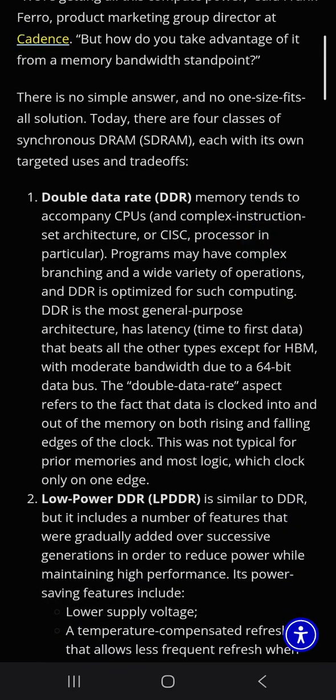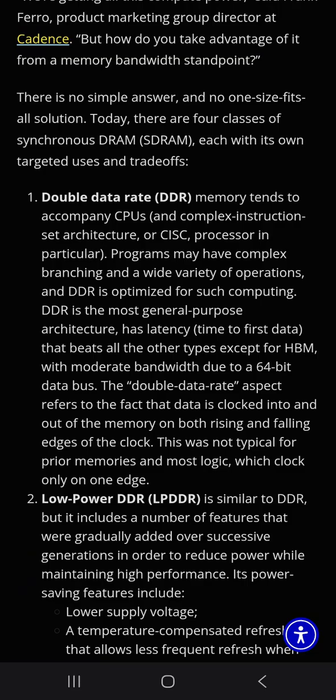1. Double data rate, DDR, memory tends to accompany CPUs and complex instruction set architecture, or CISC, processors in particular. Programs may have complex branching and a wide variety of operations, and DDR is optimized for such computing. DDR is the most general purpose architecture, has latency, time to the first data, that beats all the other types